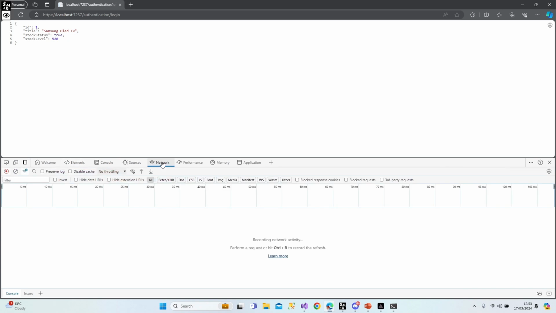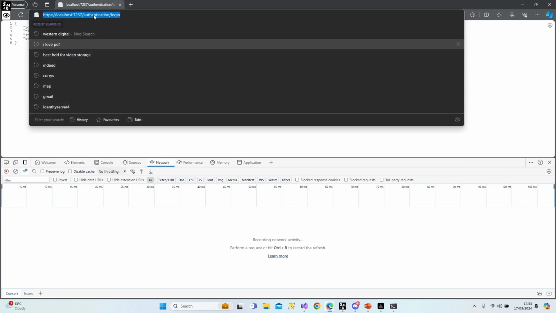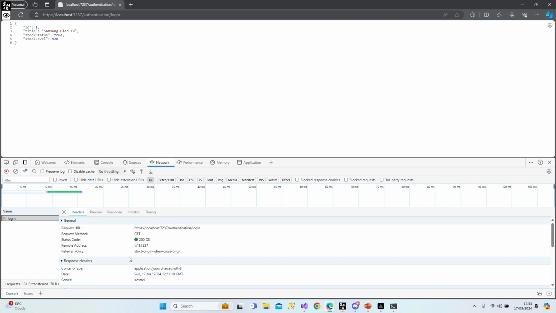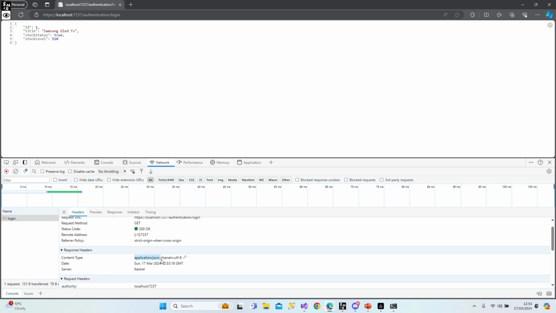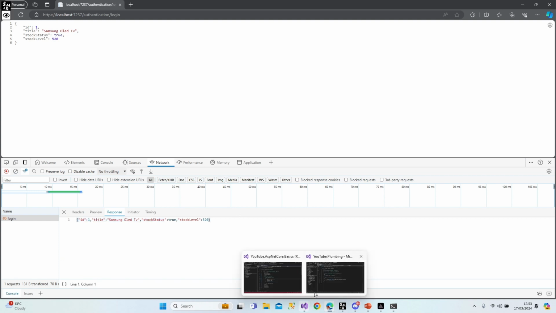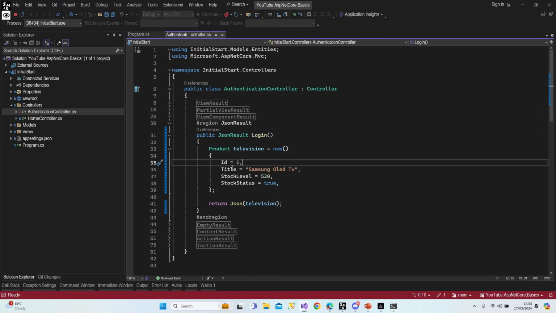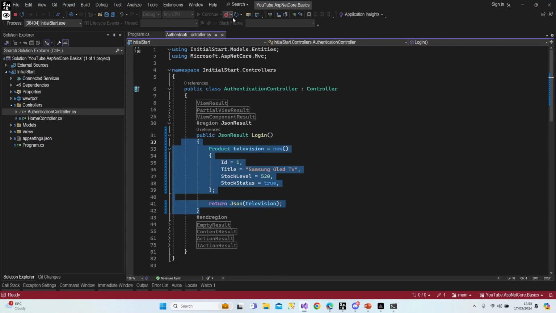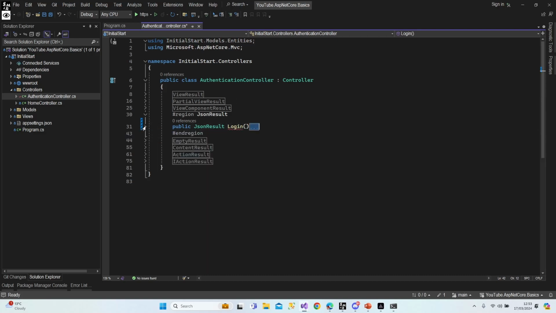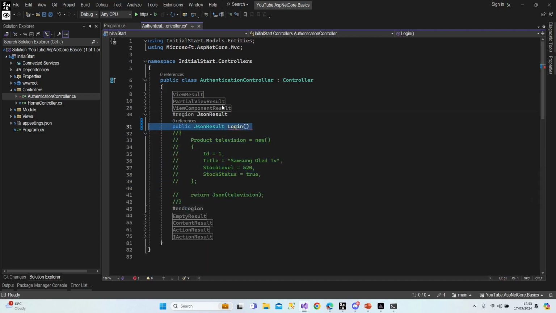Let's inspect our page, network, resend the request. As you can see, this is our request. The content type is application JSON. The response is JSON. Perfect. I assume you understand how we are using JSON result. Let's comment this section out and continue with the